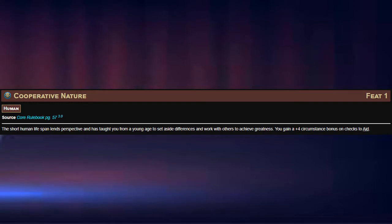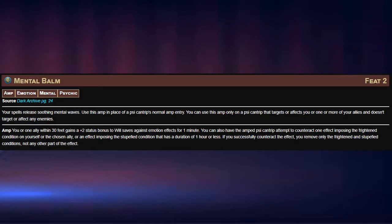Then at level 2, I'm using the free archetype just like I do for all my builds, so we get 2 class feats. We're going to start with Mental Balm. Now we have an amp that we can use in place of any psi cantrip's normal amp entry. But we can only use this amp on a psi cantrip that affects us or any of our allies, and not any enemies. You or one ally within 30 feet gains a +2 status bonus on will saves against mental